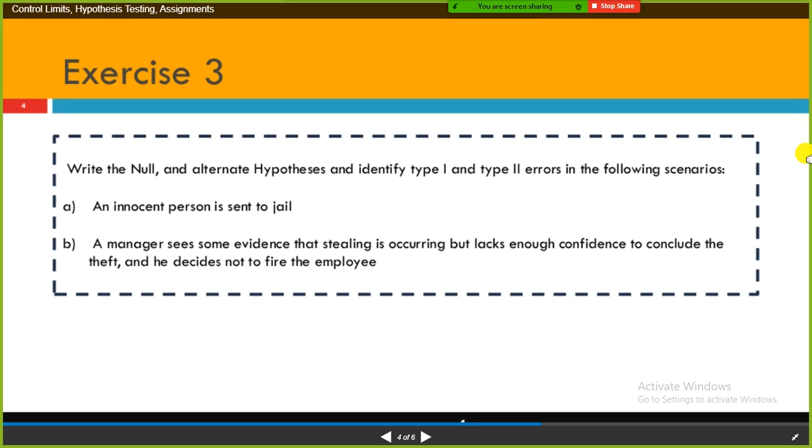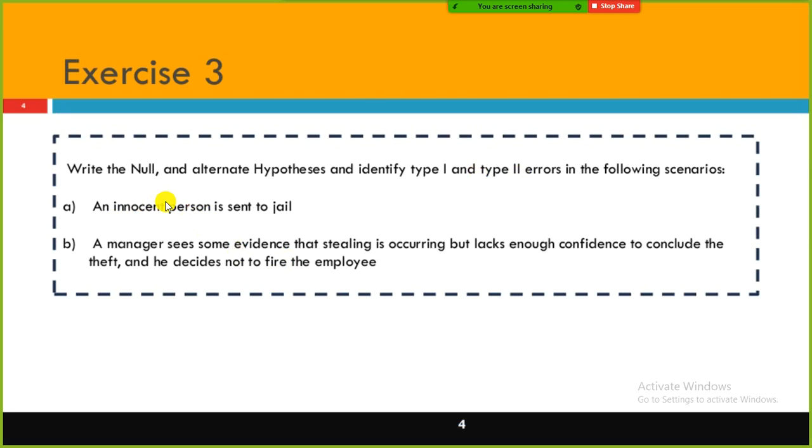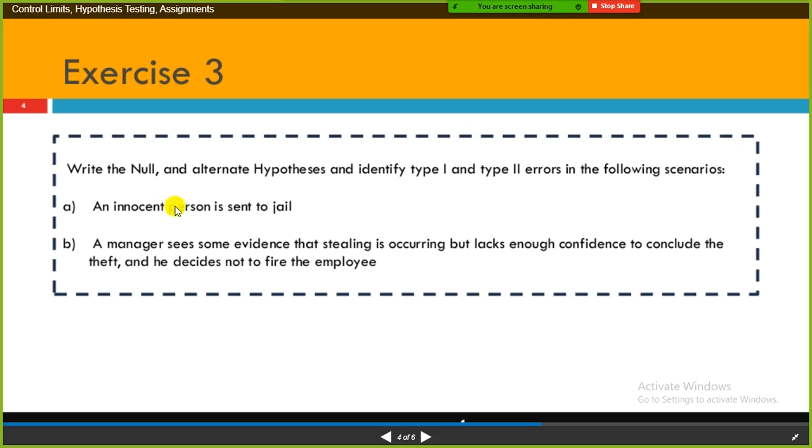Type 1 error will be like he is a guilty person, rejecting the true null hypothesis, right? Rejecting the true null hypothesis is called your type 1 error. An innocent person is sent to jail. The actual outcome was the person actually is innocent, but he was sent to jail. So here is the error, because the null hypothesis is actually true. The person actually is innocent. The null hypothesis is actually true, but we rejected it and accepted the alternative hypothesis. That's the problem.